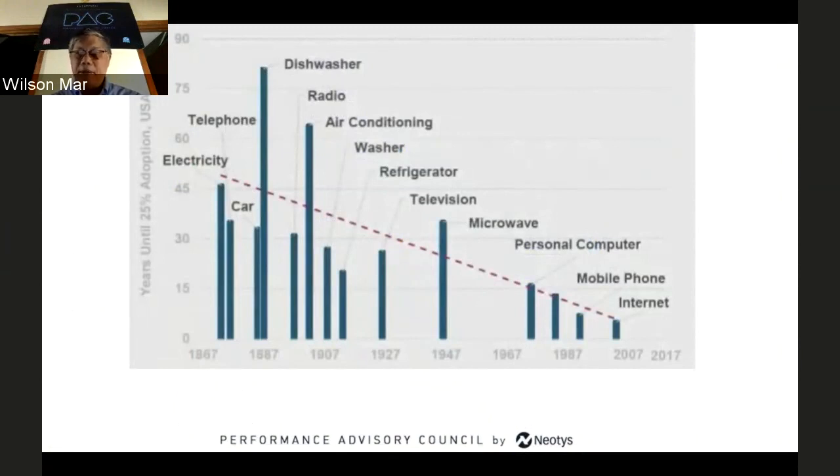It was one of the top, what are called VCs, in the country. And everybody anticipates her analysis. One thing that you can see here is that the higher the bar, the longer it takes for 25% adoption. Dishwashers took over 75 years. But if you notice here,